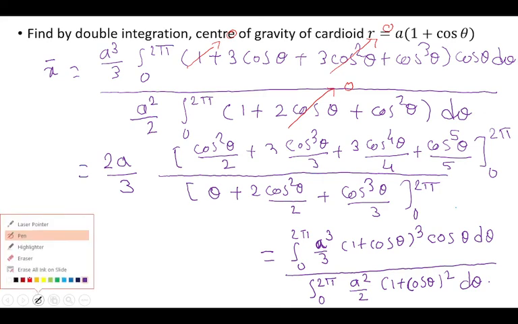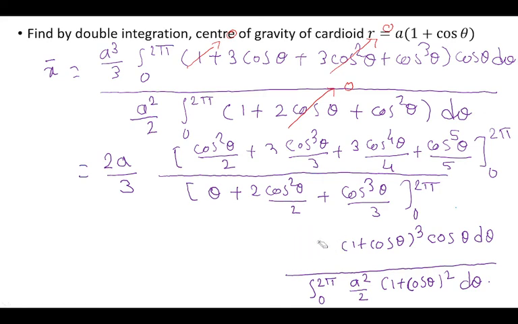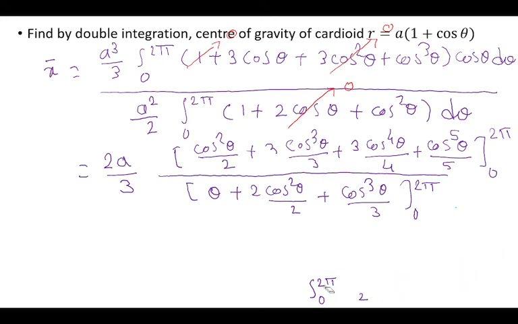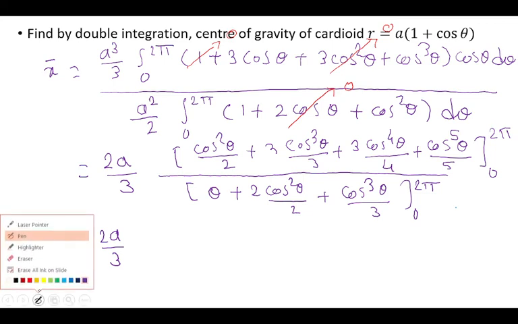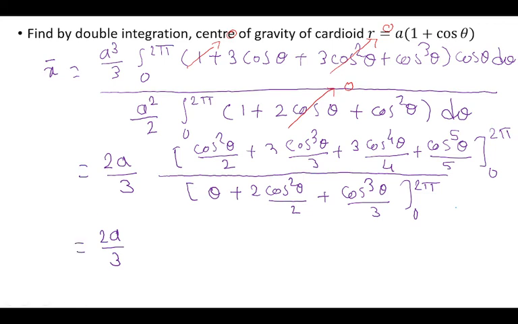So we have not yet completed our example because too many simplifications are there. As these are very lengthy, the chances of these questions coming in the exam are also rare. So let me put the upper and lower limits now and check what happens. This 2a by 3 stays as it is. When you put the upper limit, cos 2 pi is 1 and cos 0 is also 1, and there is cos square. So you put upper limit minus lower limit. As cos 2 pi is 1, cos 0 is also 1, the same value comes with a minus sign. This term goes to 0. Already I said this.